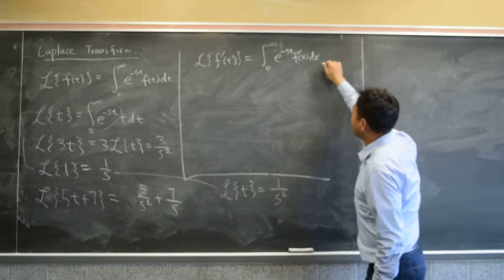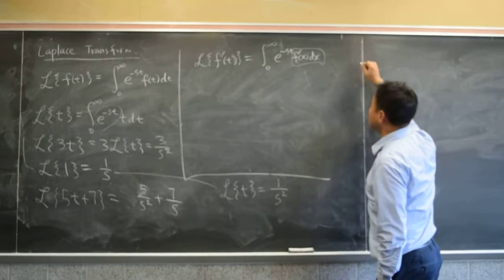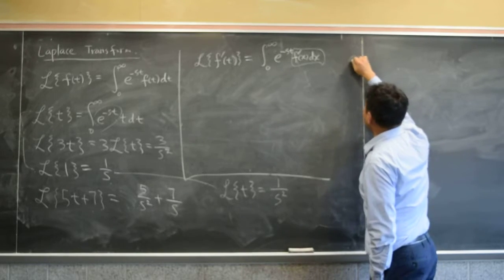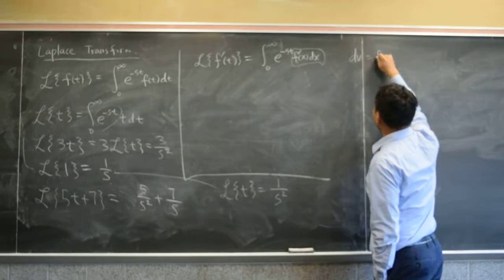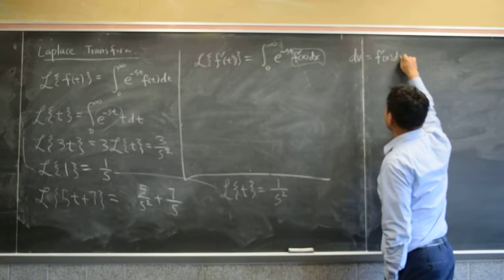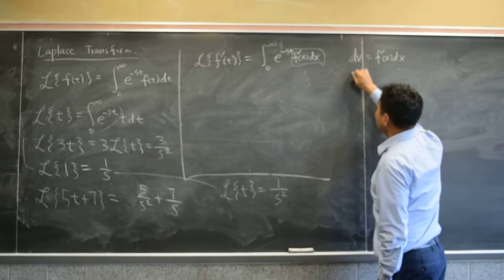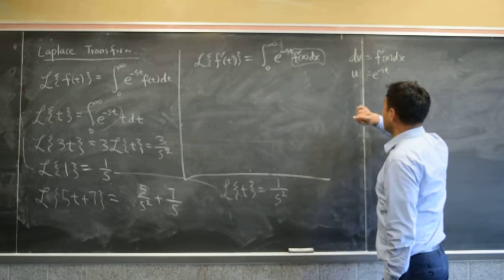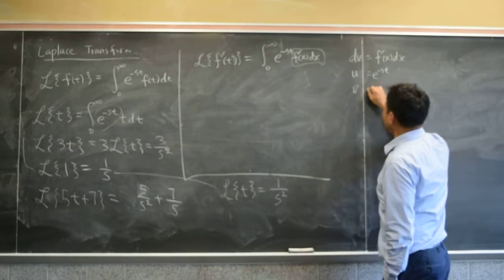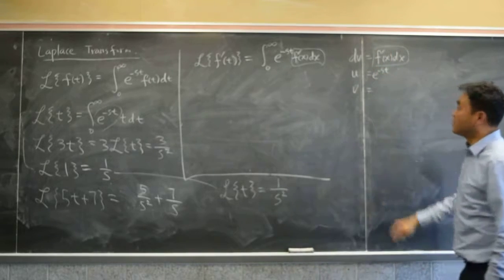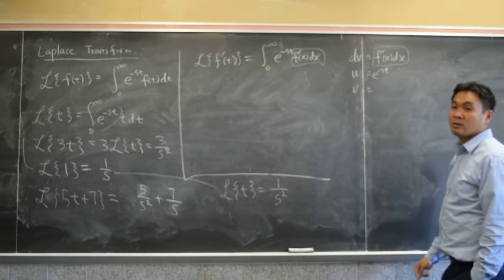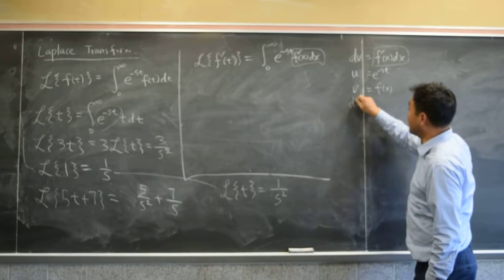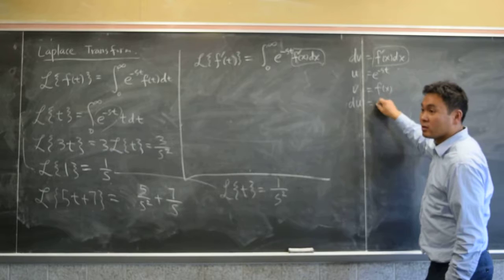So I'm just going to say dv is equal to f prime of t dt. And then u is equal to e to the negative st. And that means v is, what's the antiderivative of this? f of t itself, right? And then if you differentiate u, du is